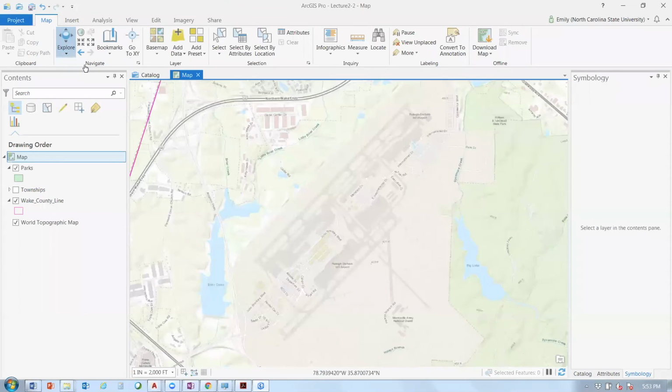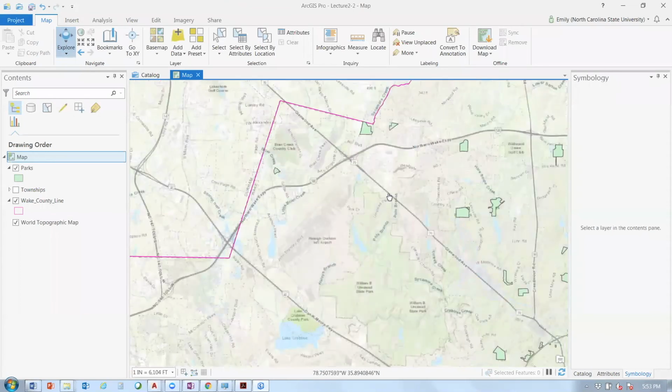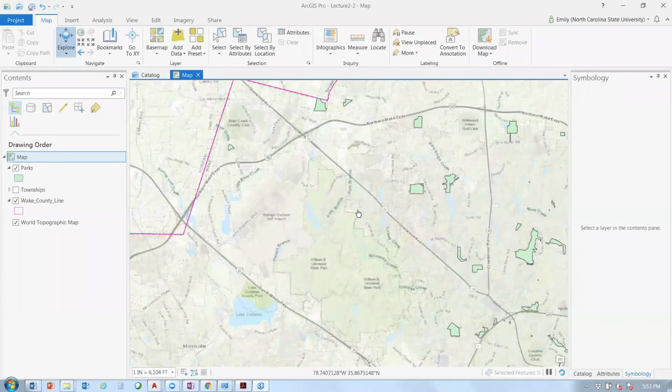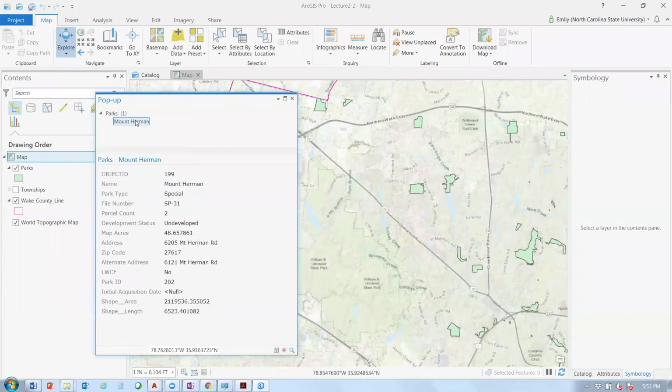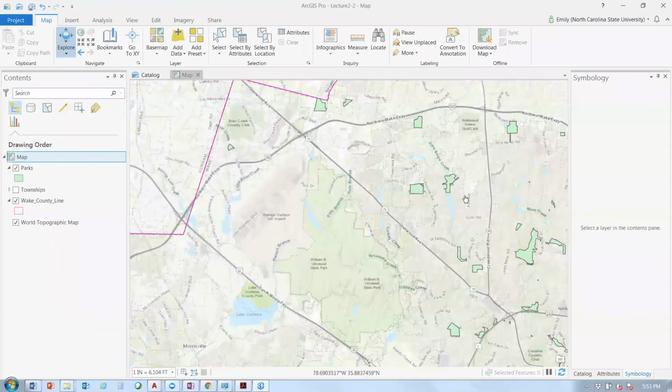So let's look. We have our parks data loaded. Let's see what parks are around RDU. What is this? We click it with the Explore tool, and we see that's Mount Herman. It's an undeveloped park, and it has the address and a file number associated with it. Let's click this one over here. This is Lake Lynn, developed. It was established in 1987, and it's about 2.2 million square feet. Then down here,